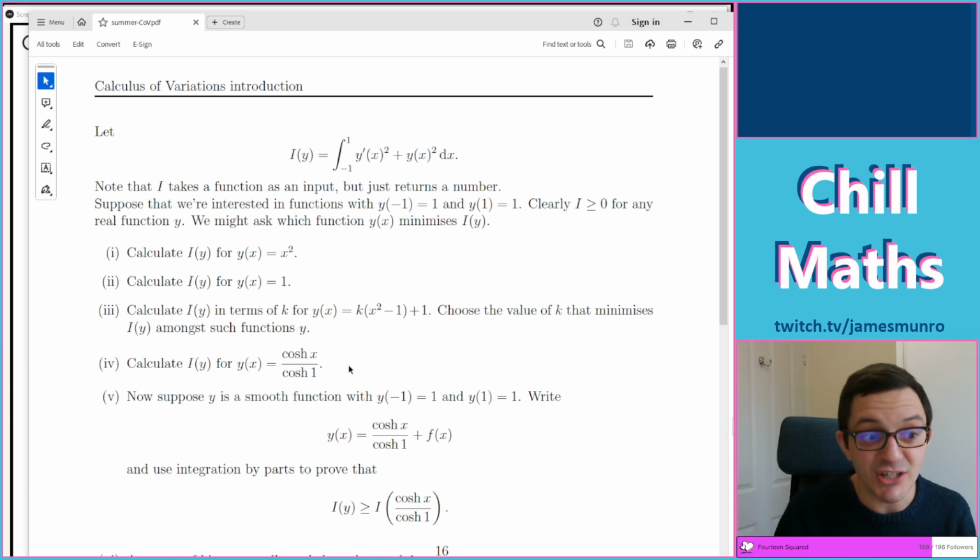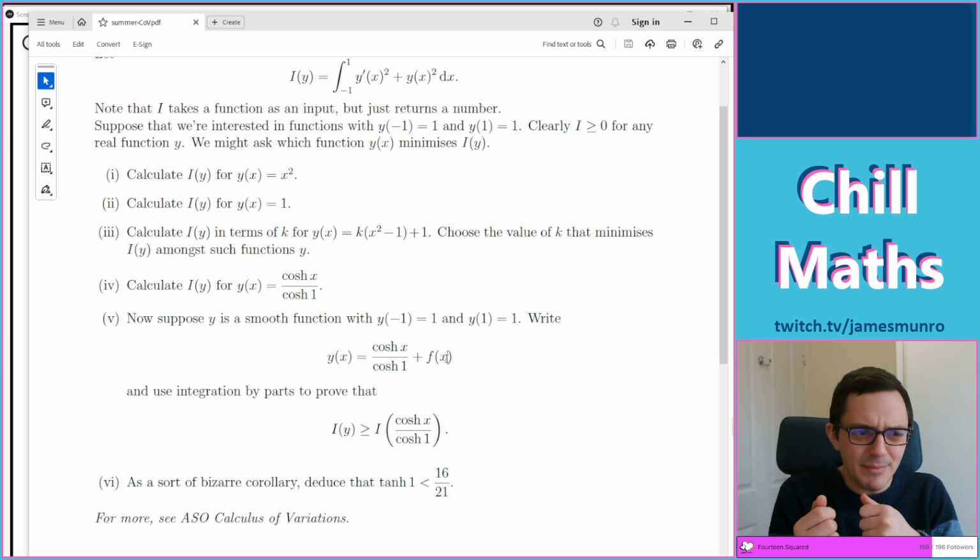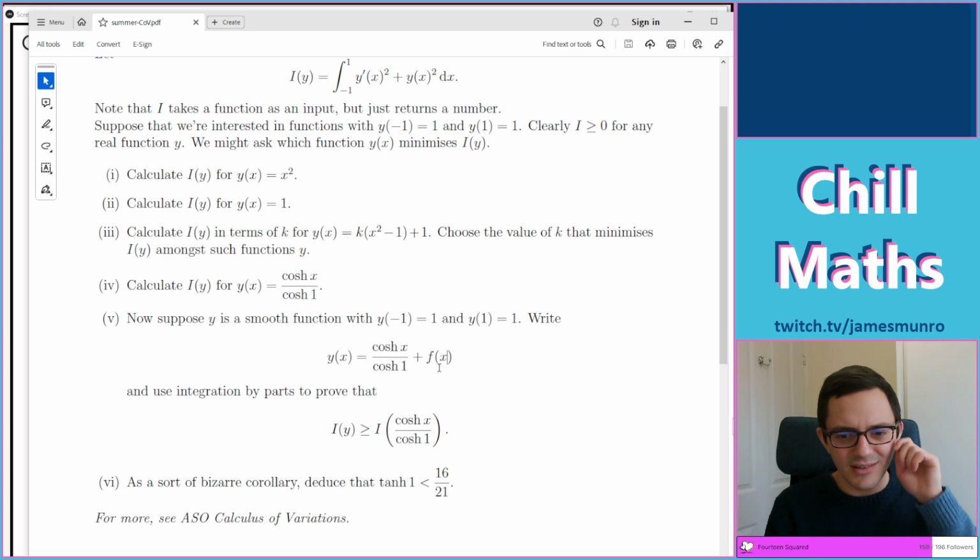The weird bit, the bit that's actually good in this question, is that if you write y as cosh x over cosh 1 plus f of x, then this satisfies both these conditions. This bit satisfies both conditions, so f would have to be 0 at both endpoints. And then you can do some lovely integration by parts. You can take this stuff and shove it up into the integral up here, and it just kind of simplifies nicely. You do some integration by parts, and it turns out, oh yeah, it's what you thought when we integrated